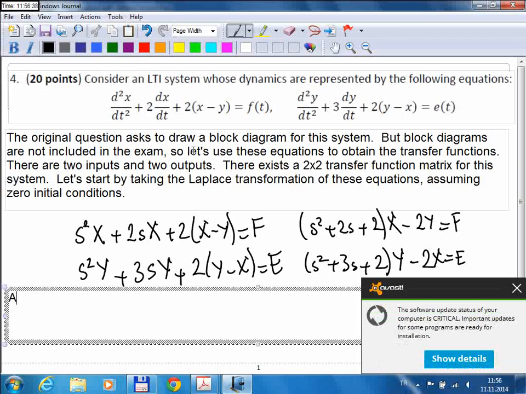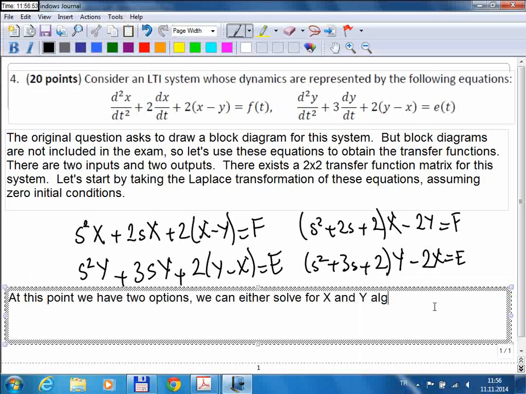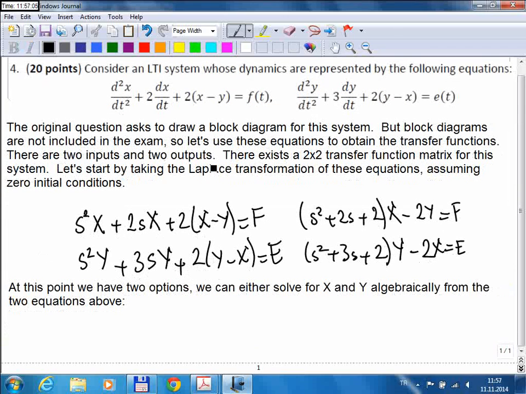At this point, we have two options. We can either solve for X and Y algebraically from the two equations above, and let me start with that option. For example, from the first equation I can write that Y is equal to, this is the first equation, this is the second equation, so from 1 I can write